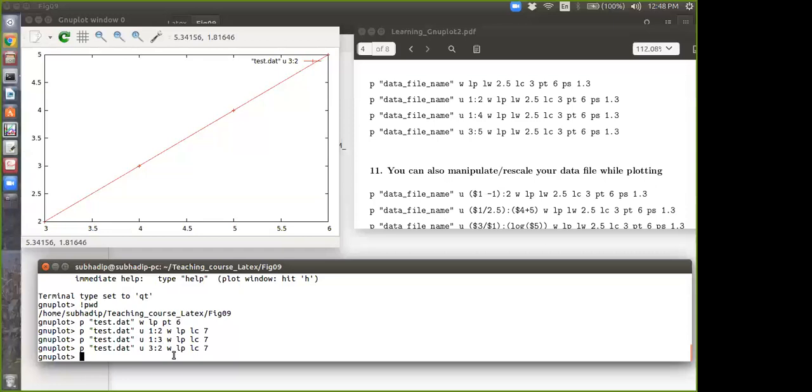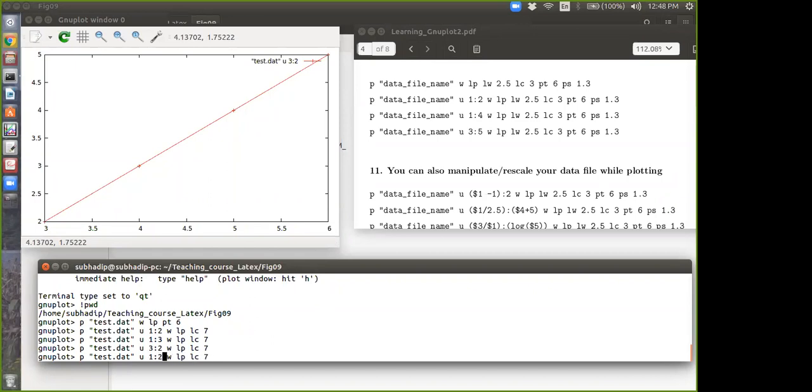You can see 3:1 means X is the third column. Now plot both, 1:2 and 1:3, both. Okay, that is also possible. It will be clear then.